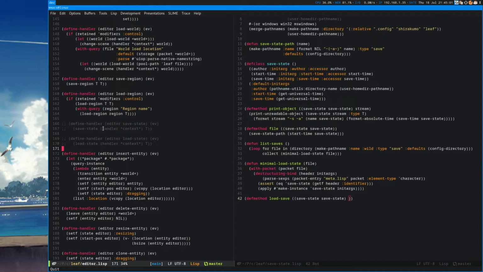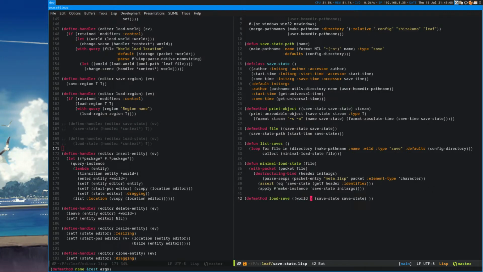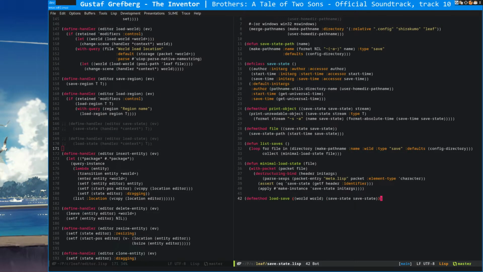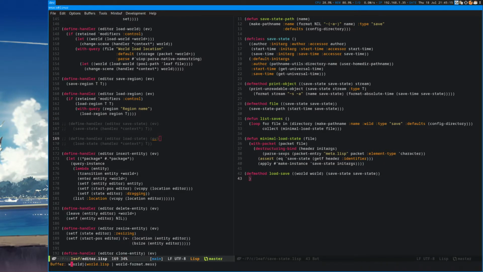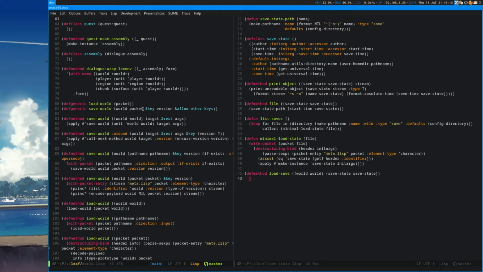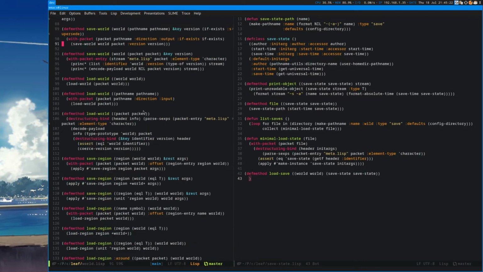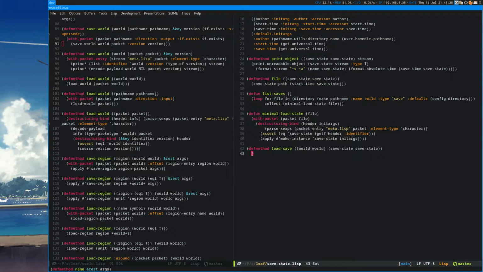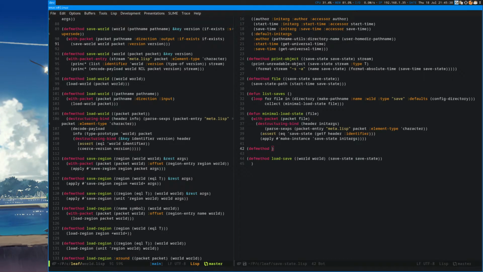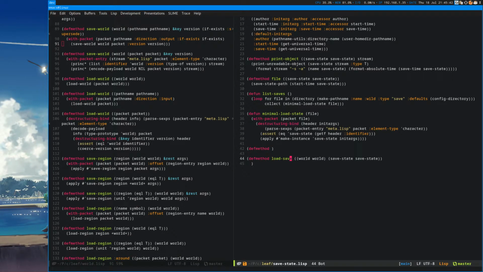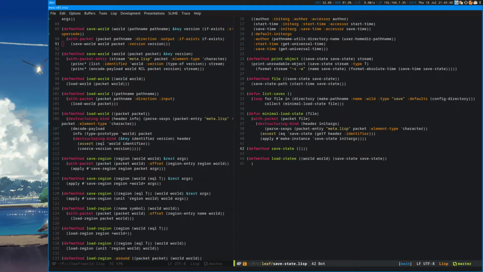Okay, so it's calling the world first. All right. Which means, well, let's define save state for load first.